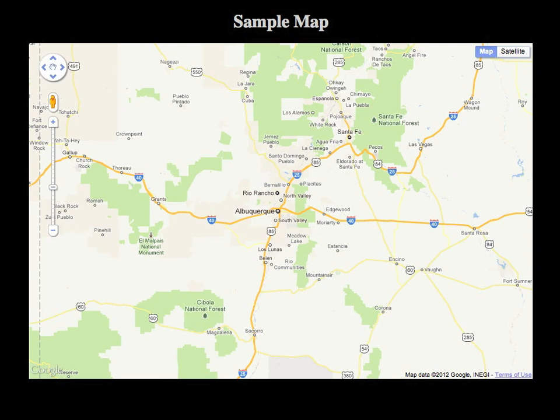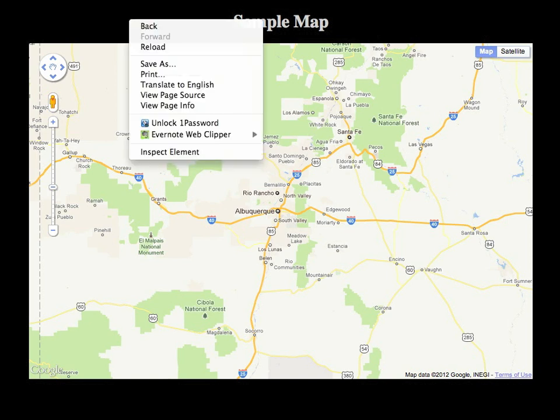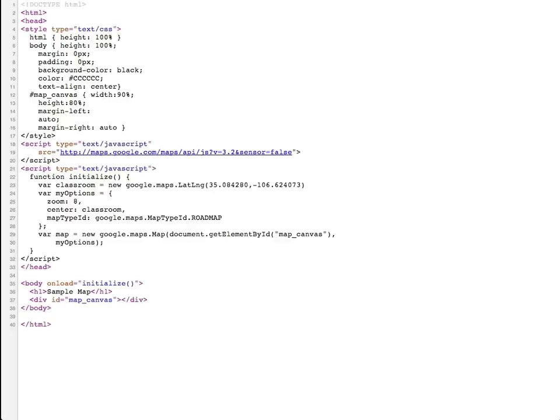And what I'm going to do is open this map up in its own window so you can see that this is what the roadmap style of map looks like. And if we right-click on the background, I can do View Page Source,